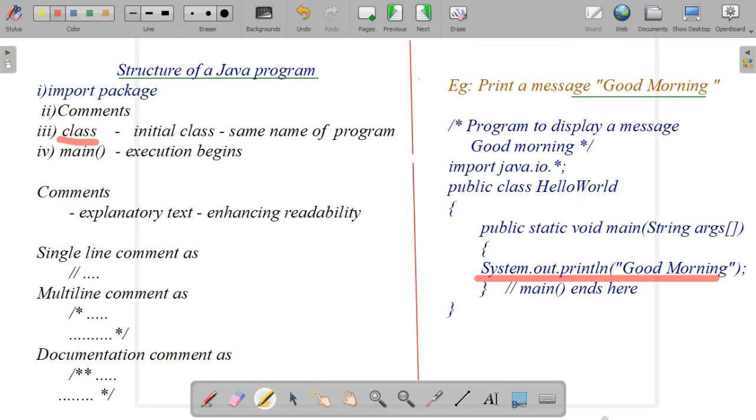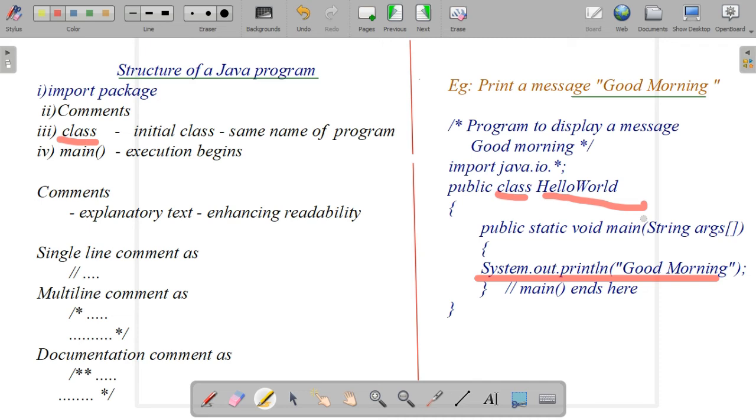So, when we are writing a main method, how will we declare it? public static void main. Public and static are keywords and access specifiers, void is the return type, and main is the method name. After writing the main method, we open the braces and give the code statements.